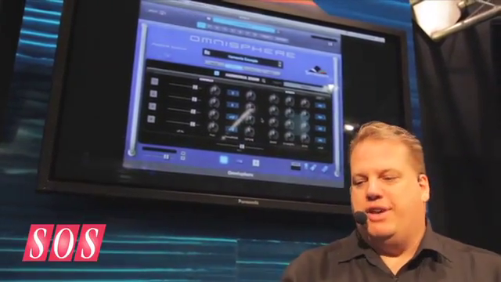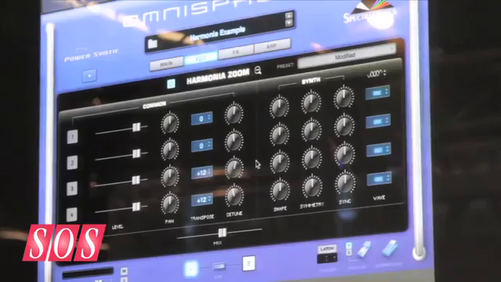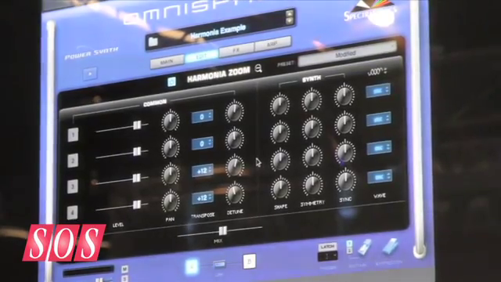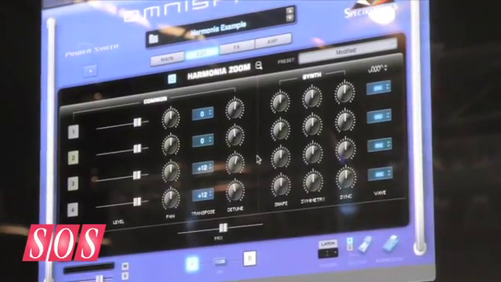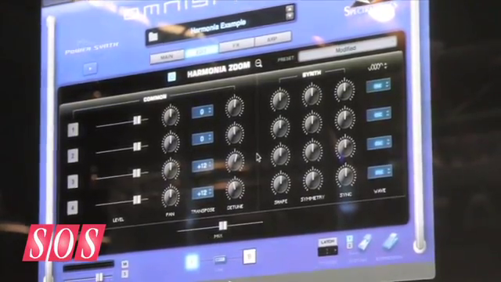I'm going to do a couple of examples here, starting from super basic dry waveforms and just show you what some of these new features do. So let's look at Harmonia. We have a new Harmonia Zoom. Harmonia lets you add up to 10 oscillators per patch. So this new Zoom lets you see all of the parameters of those oscillators per layer. So we'll start with